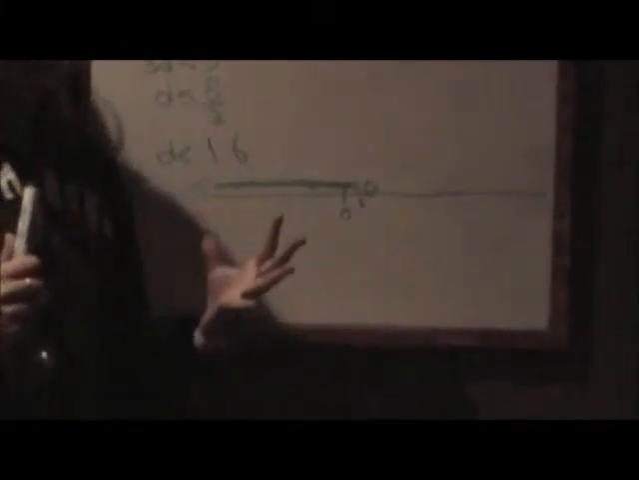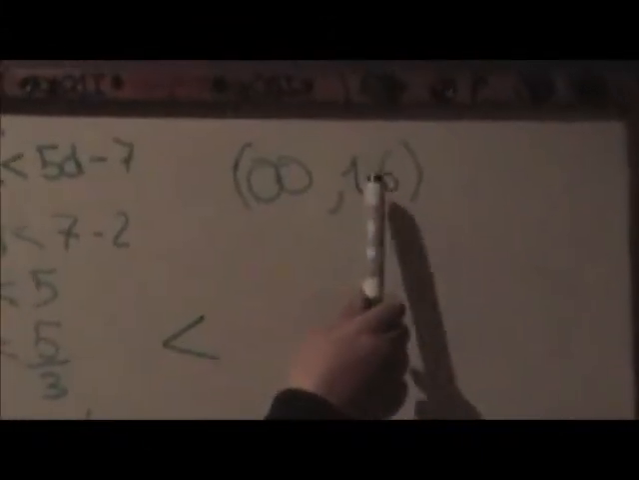So it's here, but it's not a colored circle, because when it's just less than without equal, it's not colored. So then we have that result. We have to do the parentheses, negative infinite and 1.6. Why infinite? Because when it's not unequal, it's not